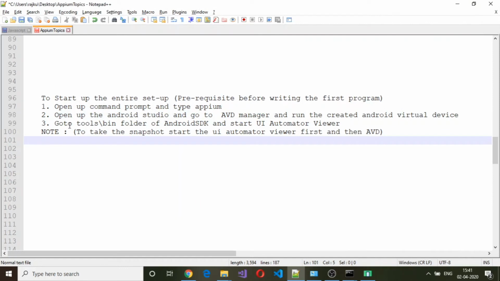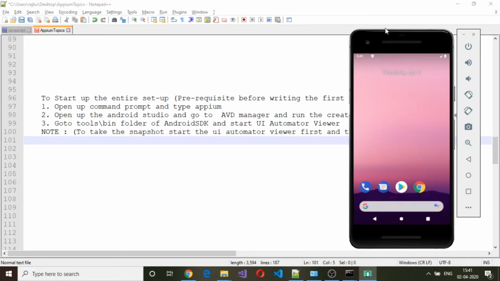As a third step, we need to have this UI Automator viewer, because whatever is available on this particular Android device, before we start coding, we need to get a snapshot of the application which we are trying to test.